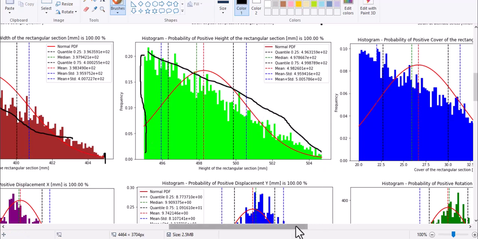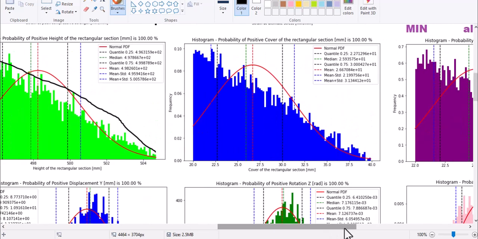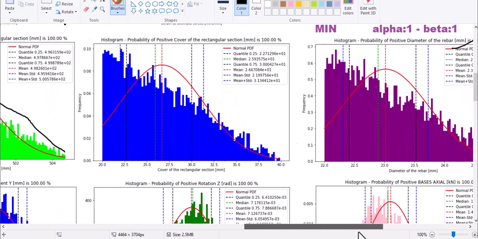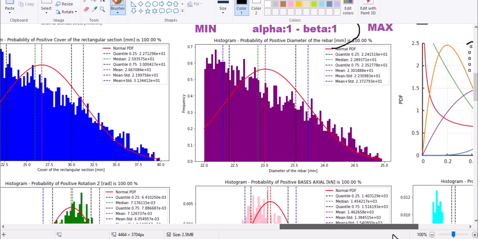We are in uncertainty conditions, so all the variables, our input variables, we must use this beta probability distribution function with different alpha and beta. See the rebar diameters. Minimum is 22 until 25,